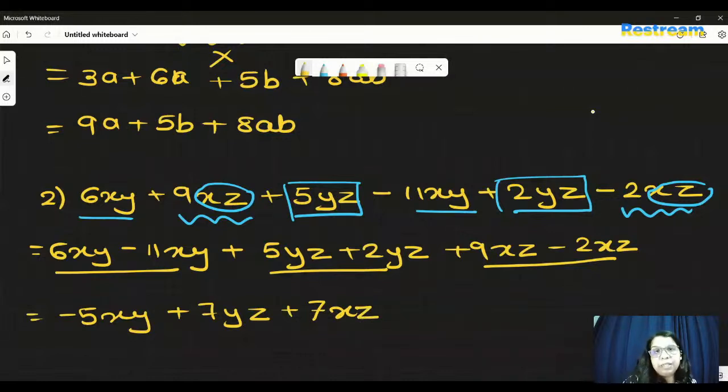Now it's not compulsory, but generally when you have more than one variable in an expression, or in a term, you try to write them in alphabetical order. So if you have BAC, try to write it as ABC. So let's do an